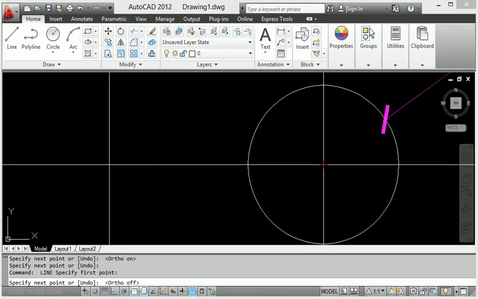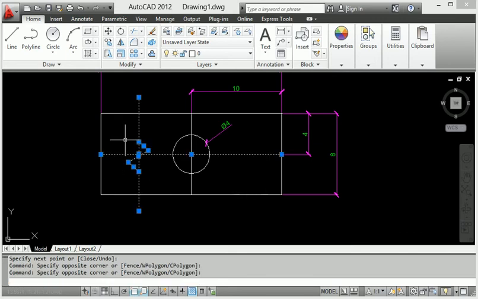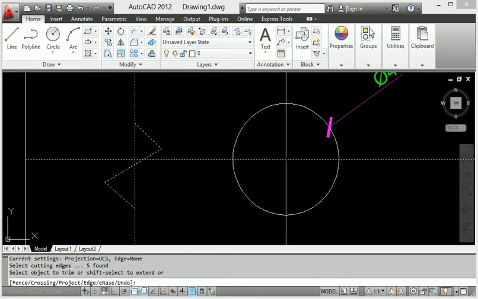When I click this here also, and also click this here and join. Okay, then select this line here. First of all, select this line and go to trim, TR, enter, and remove the line.